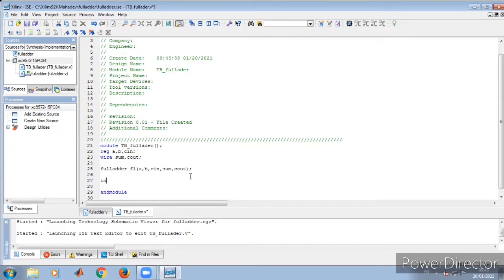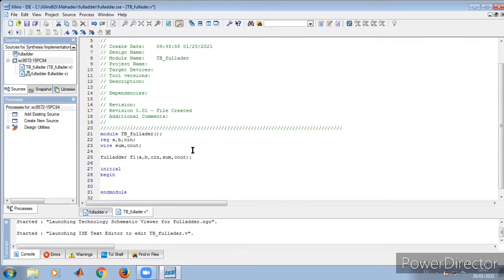Okay, and then here we can use an initial statement for assigning the values, begin. And here there are different methods to assign. So either we can, with the help of delays, assign it. One simple method is A is equal to 1'b0, B 0, semicolon, forever statement, hash 10 nanoseconds A. Okay, now since C in is the LSB, first I will take it as C in is equal to not of C in. So here also I should take it as C in there. We'll write it from LSB onwards, in order, then end.